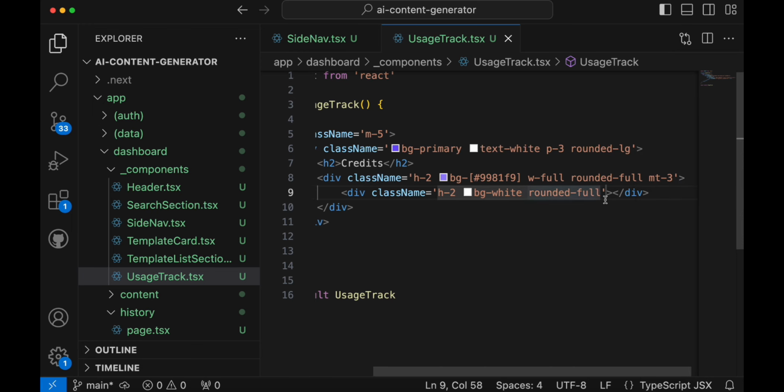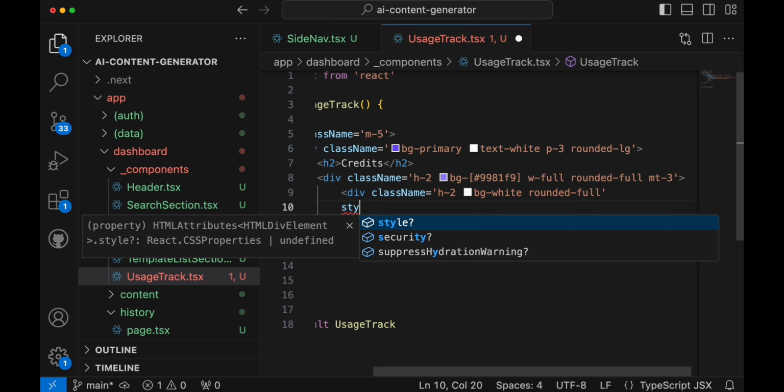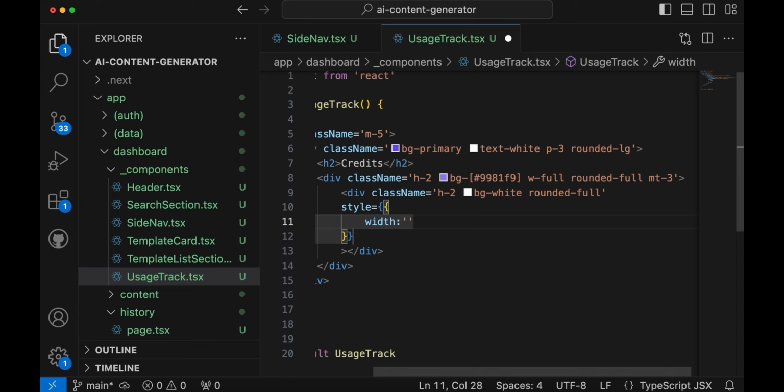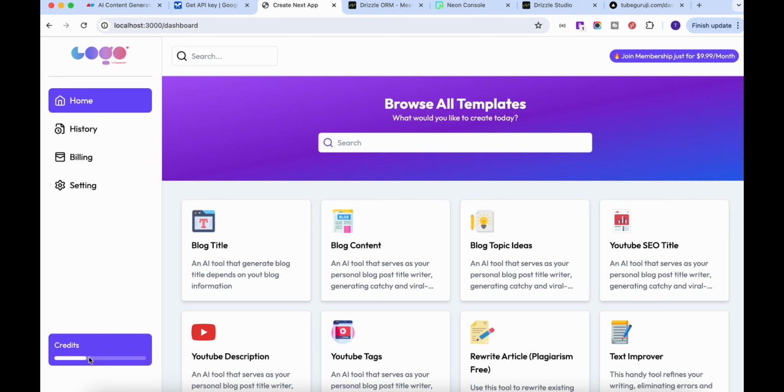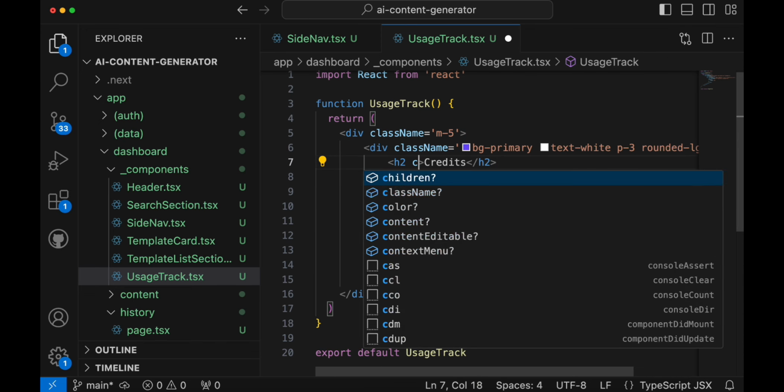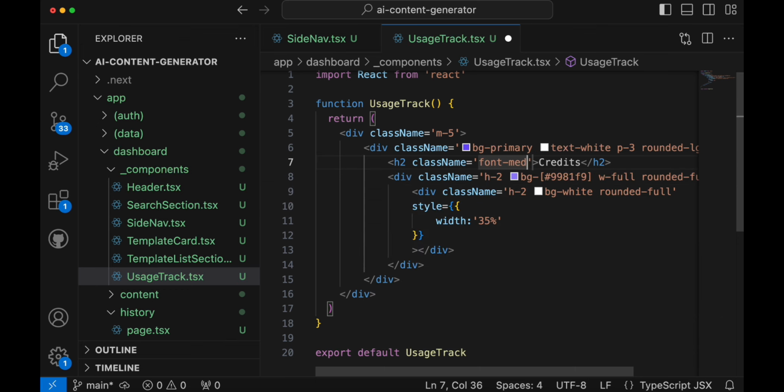And now over here, we want to give the width. Now this width we're going to calculate programmatically, but for now, here inside the style, I'm going to add a width, let's say 35%. Okay, and then you will see this beautiful progress bar. Perfect. After this, for this class, we'll add a font medium,